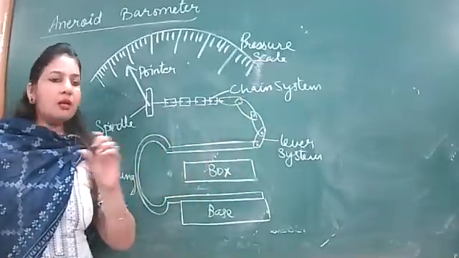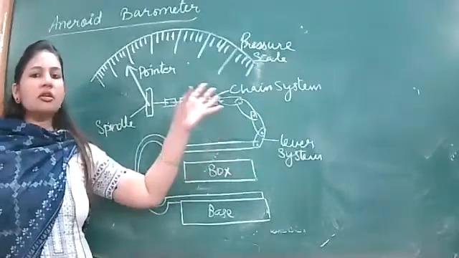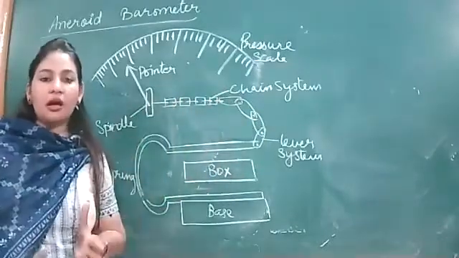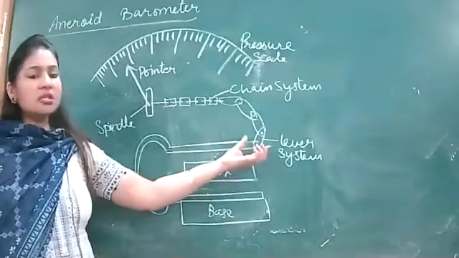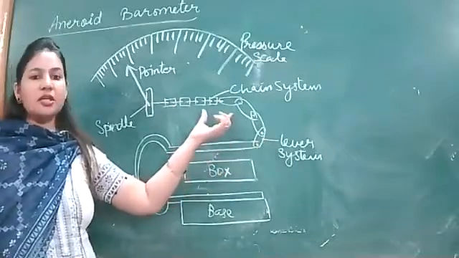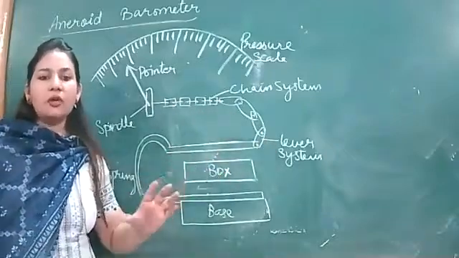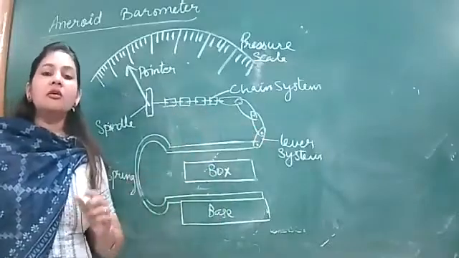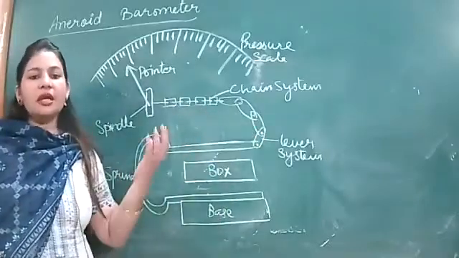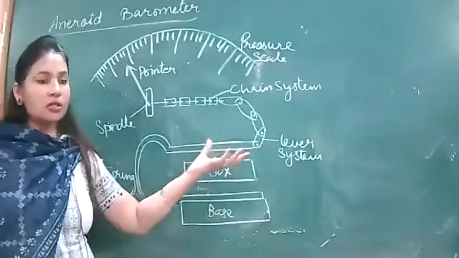थोड़ी सी भी मूवमेंट अगर होगी तो एक सिस्टम ऑफ लिवर्स और चेन्स उसको मैग्नीफाई कर देगा, उसकी मूवमेंट एम्पलीफाई हो जाएगी. सो दिस इज द पर्पस ऑफ यूजिंग लिवर सिस्टम और चेन सिस्टम. बॉक्स मूव हो रहा है या नहीं हो रहा है हो सकता है आपको पता नहीं चले, पर जब चेन मूव होगी या लिवर मूव होगा तो आपको नोटिस जरूर होगा. मीन्स दे एम्पलीफाई द मूवमेंट ऑफ द बॉक्स.